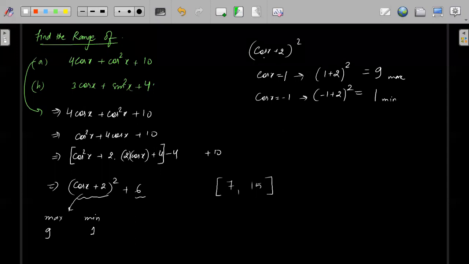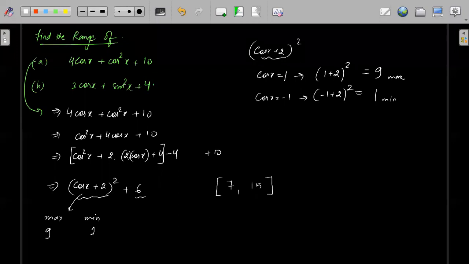No, this is not hit and trial. This is why we are saying hit and trial. We already know cos x plus 2. We know how you will get this as maximum, when 2 is added with the maximum value. Which value of cos x is maximum? Cos x maximum is 1. So that is why it is not hit and trial.